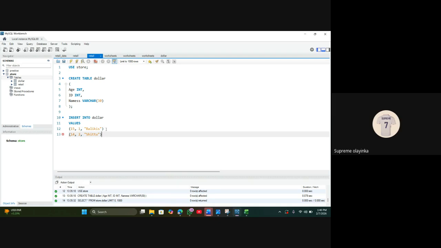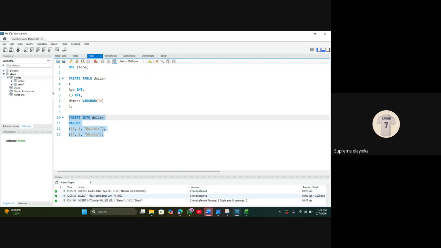So the first one, because it's a multi-row, you have to add a comma, and this last one. Am I adding a comma also here? No. What am I adding? Semicolon. Exactly. So then you highlight all of this. Let's run it. So now if you look at this dollar table, the one we've created, if you click on